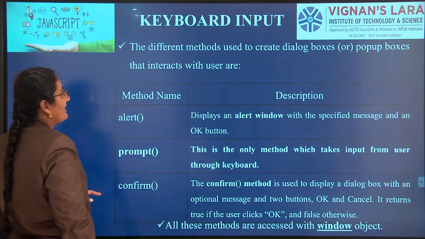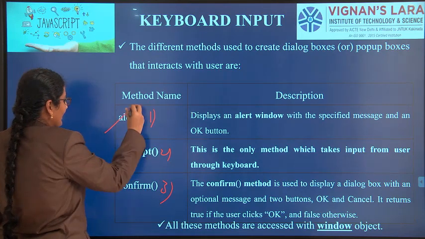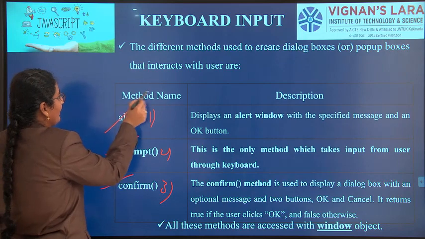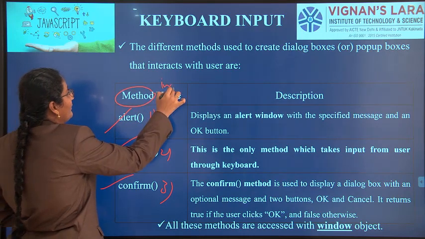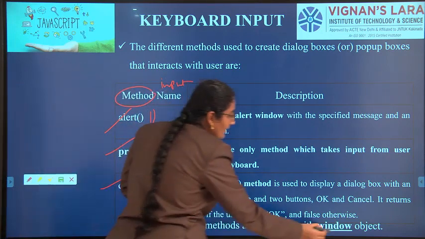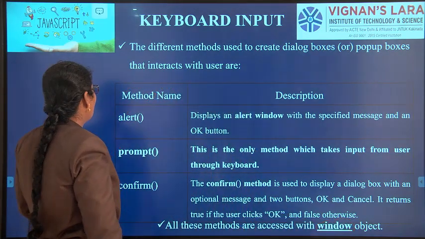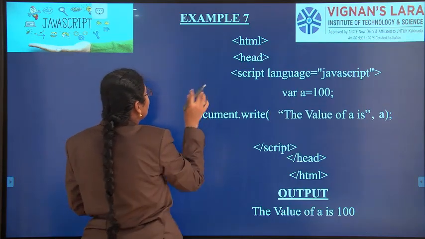So what you need to understand, these are the methods. Alert, prompt and confirm are the three different methods for input. What is the object we are using for input? Window is the object we are using for input.